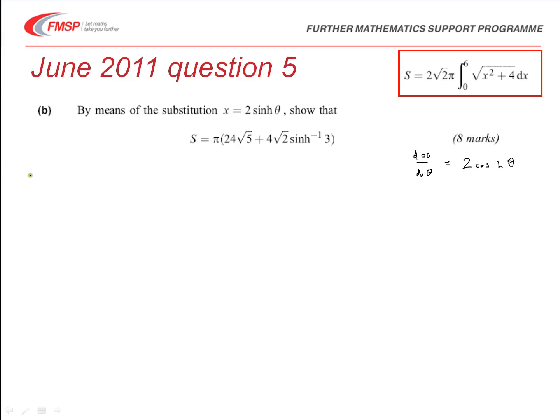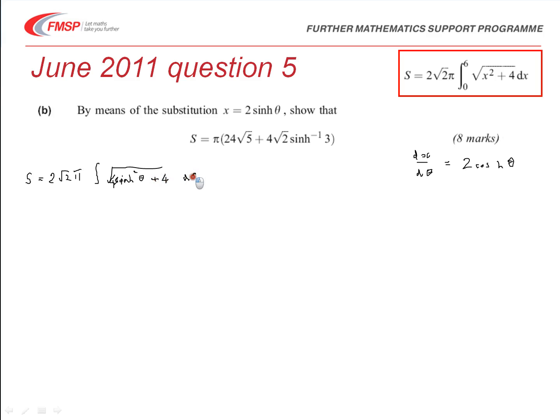So when we substitute that in, I'm going to need lots of room for this, so substituting it in, we're going to get 2 root 2 pi. Remembering the integral is from x equals 0 to x equals 6, and we're substituting in for theta into the expression, so we won't worry too much about the limits at the moment, and we'll come back and worry about them at the end. So we then get the square root of cosh squared theta when we substitute in x, sorry, sinh, looking at the wrong thing there, it's sinh we're substituting, and it's also got a 2 in front, which when we square it gives us 4, and then we've got plus 4 at the end of there, d theta,